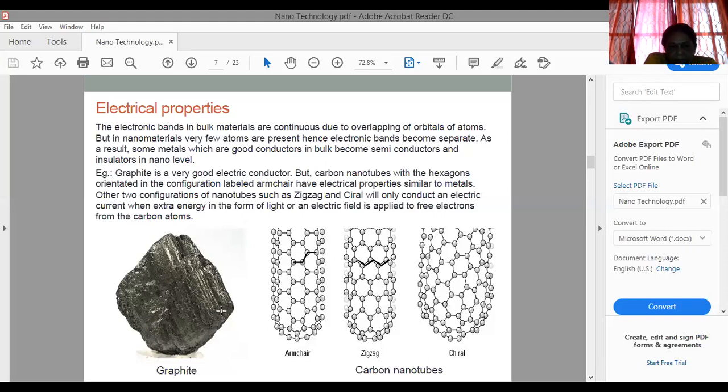So in a bulk material like this, there are several atoms and the atoms are closely packed, and therefore what happens is their atomic orbitals also easily overlap with each other. But when you are converting this bulk material into the nanomaterial, then what happens? Nanomaterial or nano size means